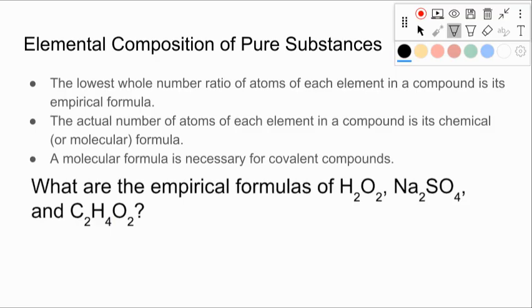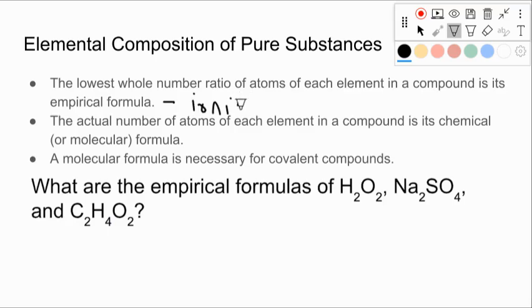So this is probably a new topic to you. We don't often get time to cover this in our high school level chemistry. So there are a few words that are going to be new. We're going to have empirical formula and molecular formula. Your empirical formula is going to be the simplest number of your ratio in a simplified form. This is what we're going to see whenever we see